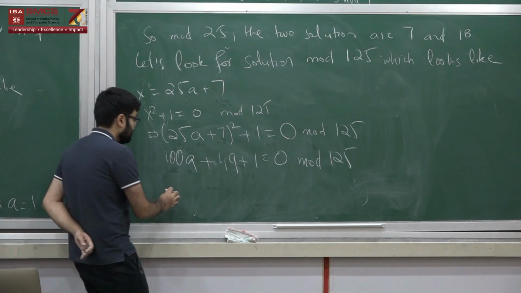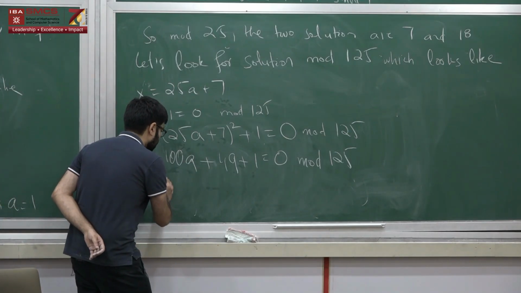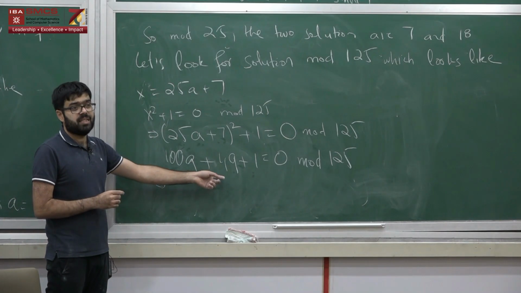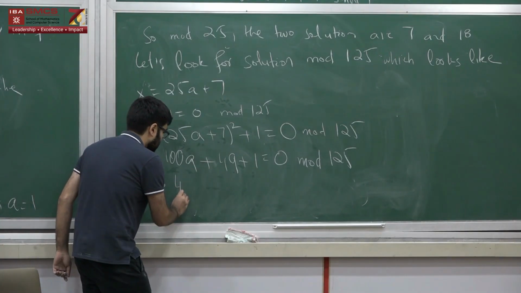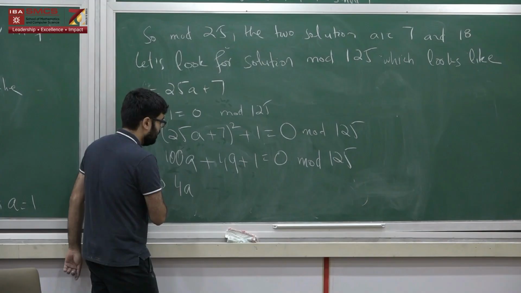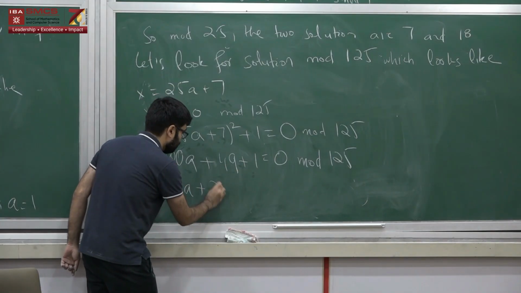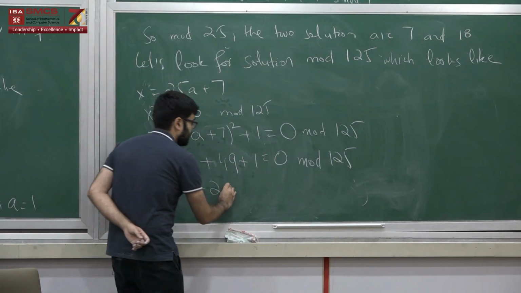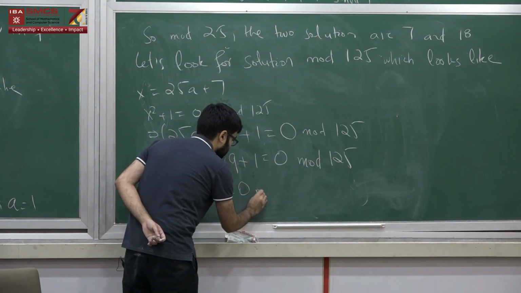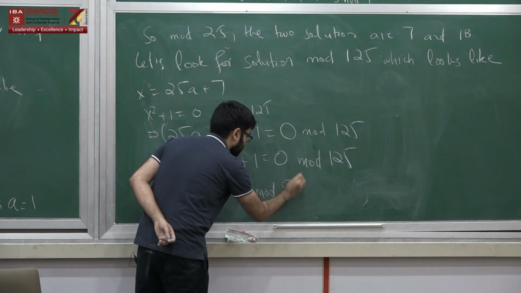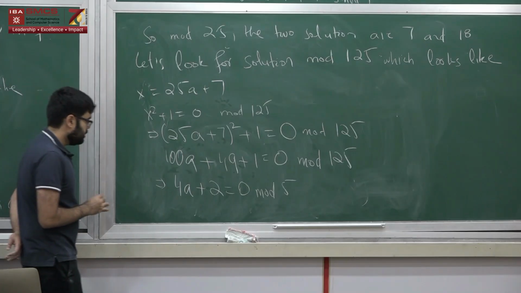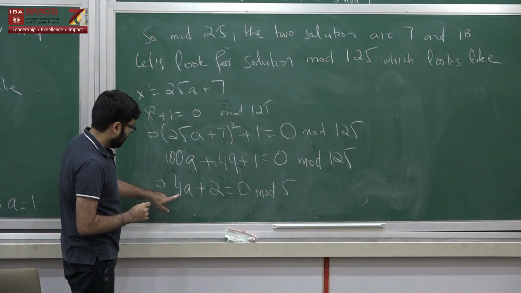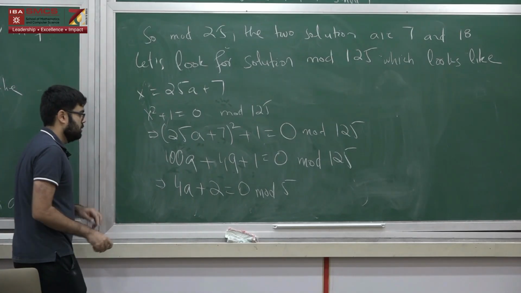And this time again what I have to solve is an equation mod 5, and the equation mod 5 is 4a plus 2 equal to 0 mod 5,